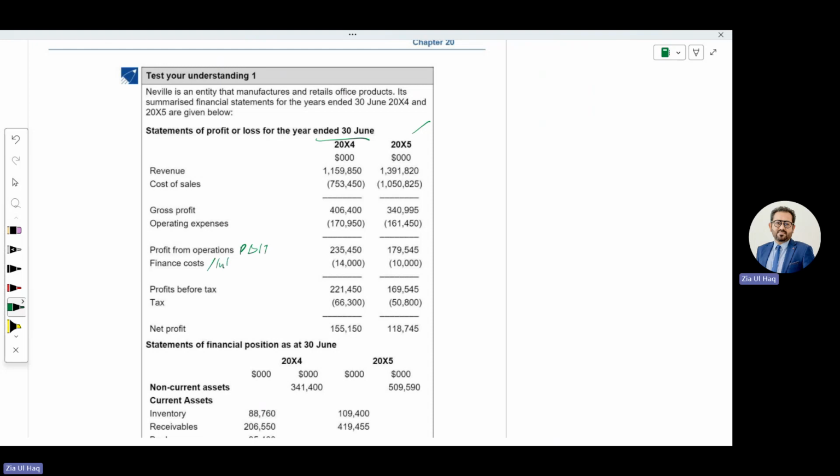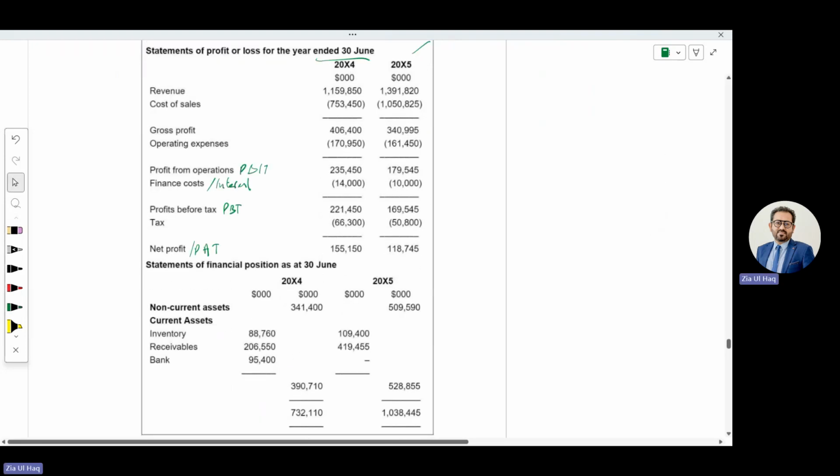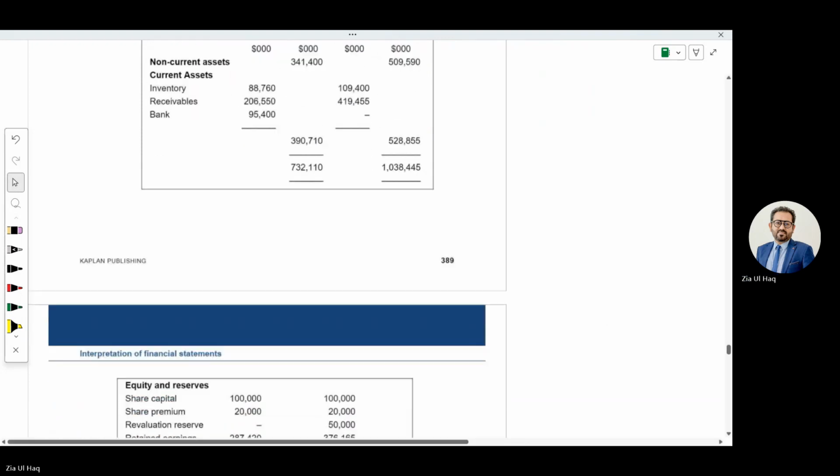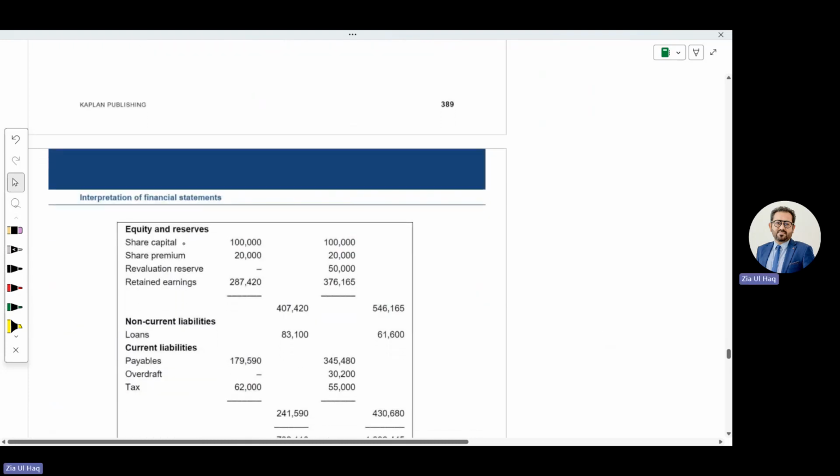Less finance cost, meaning interest. Profit before tax, PBT, and then we have PAT, meaning profit after tax. For the balance sheet: non-current assets, current assets, inventory, receivable, bank, equity, share capital, share premium, reserves, retained earnings. Everything is part of equity. Long-term loans, also called debt,